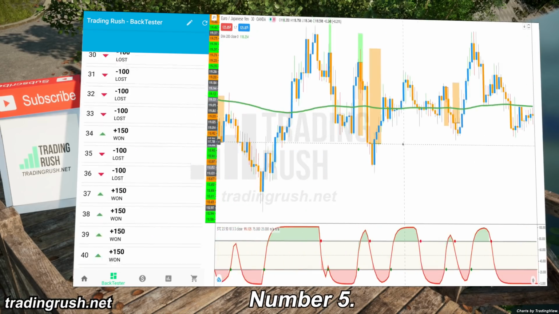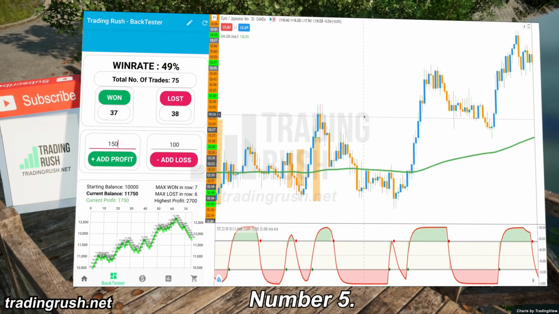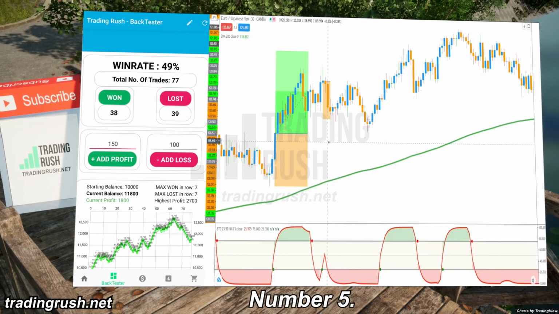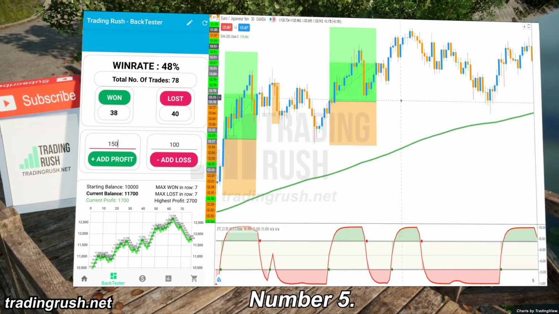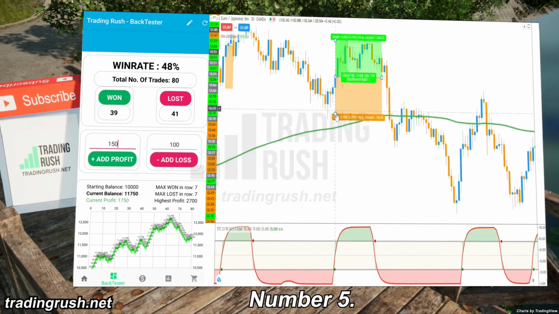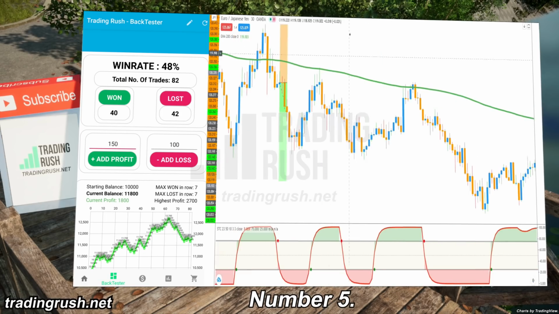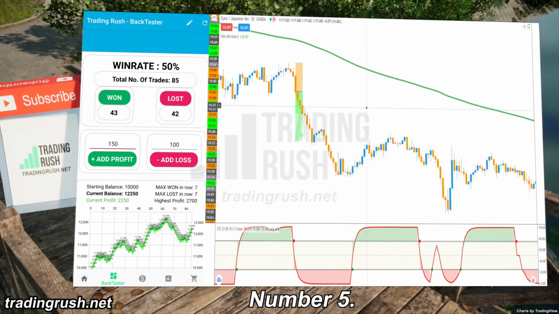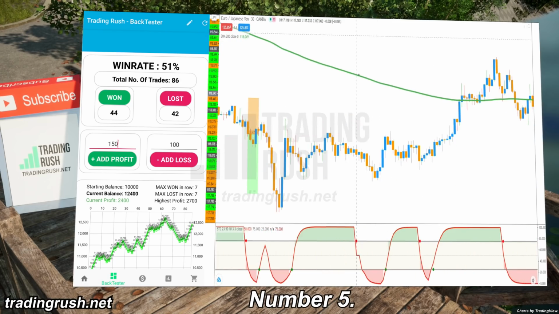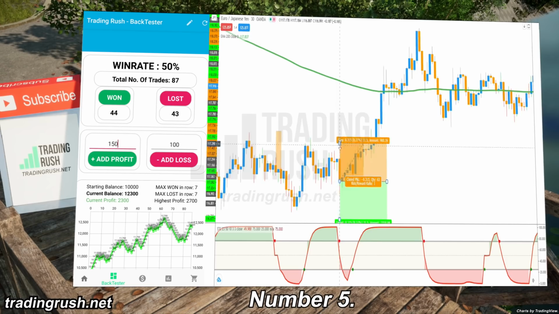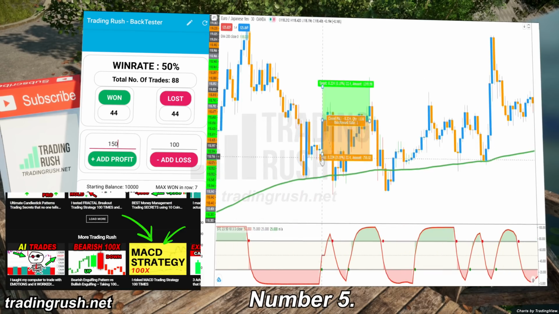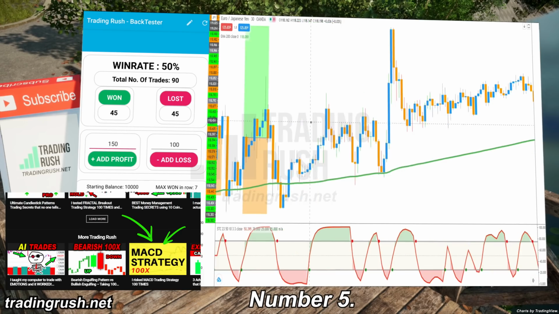Now this is obvious, because almost all trend following strategies will give false entry signals in a range, but some like the MACD strategy don't. The MACD strategy we have discussed on the Trading Rush channel doesn't give a lot of false signals in a range like the Schaff Trend Cycle strategy, because the MACD strategy has a zero-line rule. If you don't know what I'm talking about, watch the MACD video on this channel to learn more.